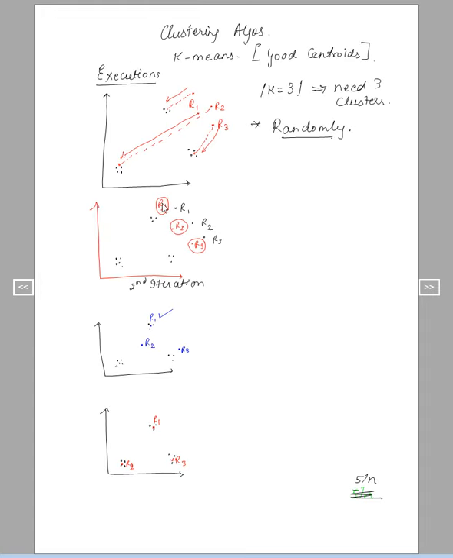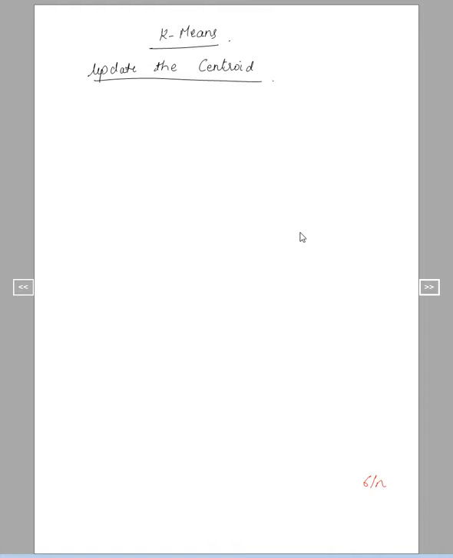So we are continuing with the k-means intuition. Under k-means, there is a step which we know as update the centroids. As I showed you in the previous case, we choose the random cluster centroids R1, R2, R3. Initially in the second iteration, they move closer to the centroid. Third iteration, they move even closer. And finally, we need these points to be placed in their appropriate clusters. Now, how does that happen?